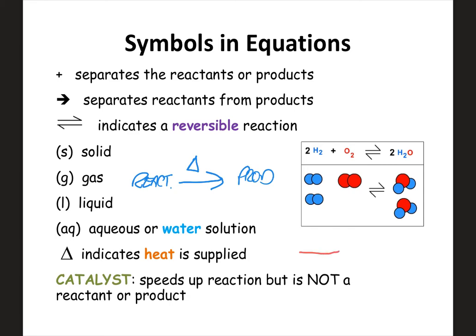So if you see a reaction, and you have something like yeast over the arrow, that would indicate that yeast is a catalyst. It's not a reactant, it's not a product, it's just there to speed up the reaction. So that's a common catalyst. There's other catalysts as well. We sometimes can see manganese dioxide as a catalyst. Sometimes platinum might be used as a catalyst. So the key is when the substance is written over the arrow, it's indicating that it's just there to